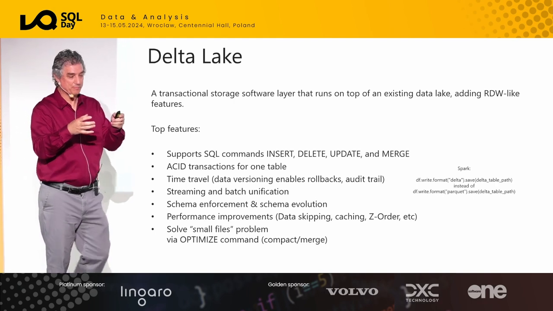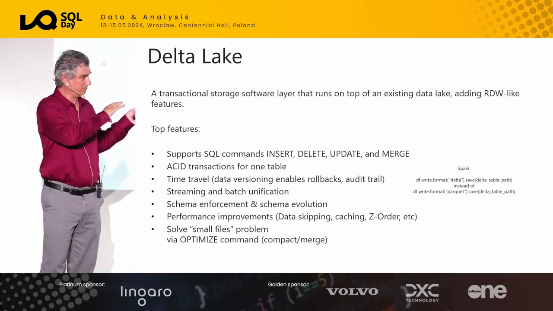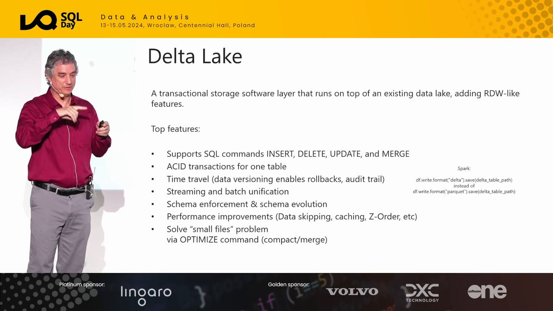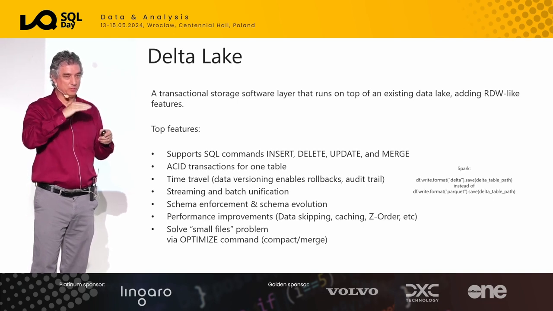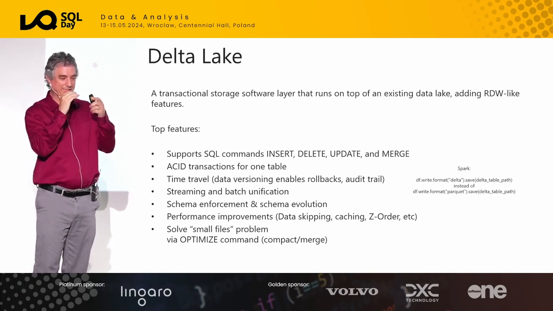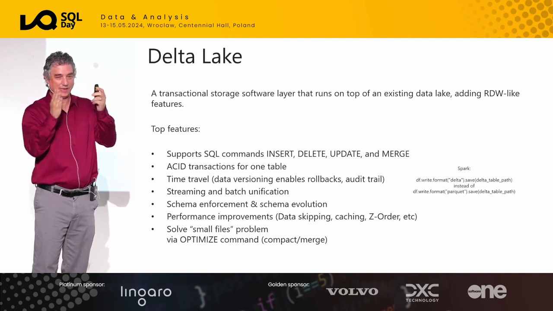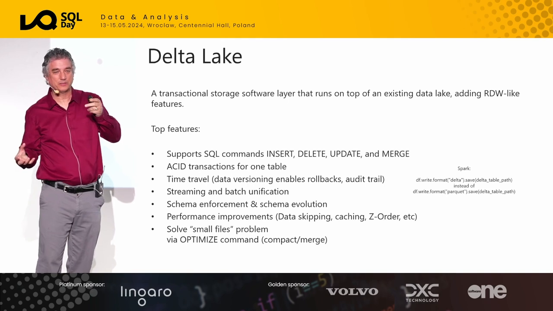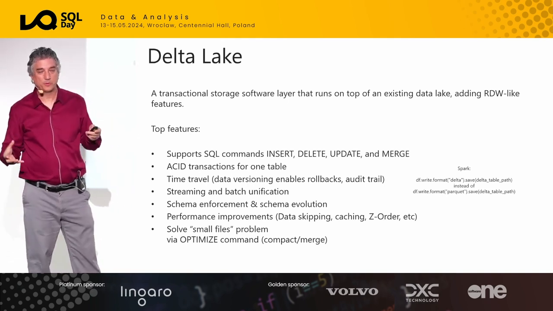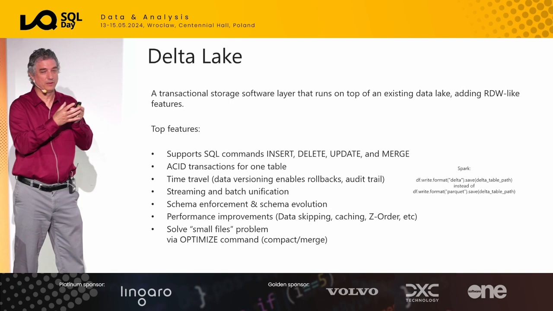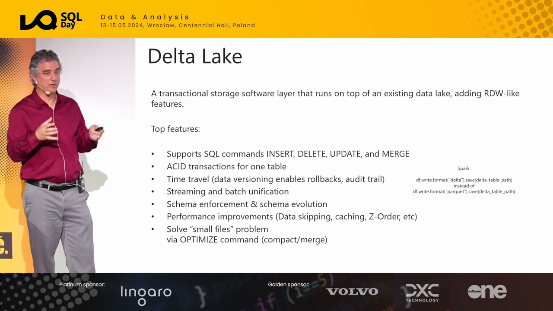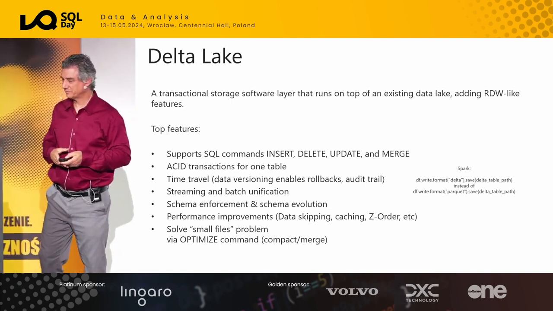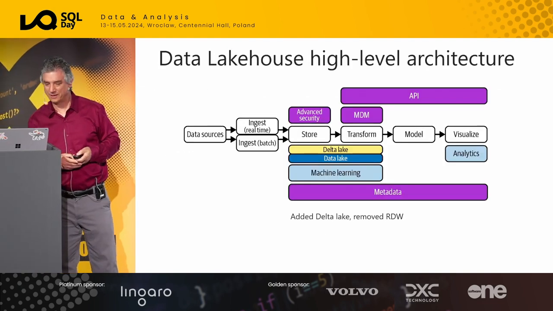When you have data and you're putting it into a Delta format, all the files are immutable. So if I do updates, it's not really actually updating that one file, it's adding to it. And you can have a bunch of small files if you're doing a lot of transactions, and that can cause performance problems. This could combine them all with an optimize command, which was very new when they first came out with it.